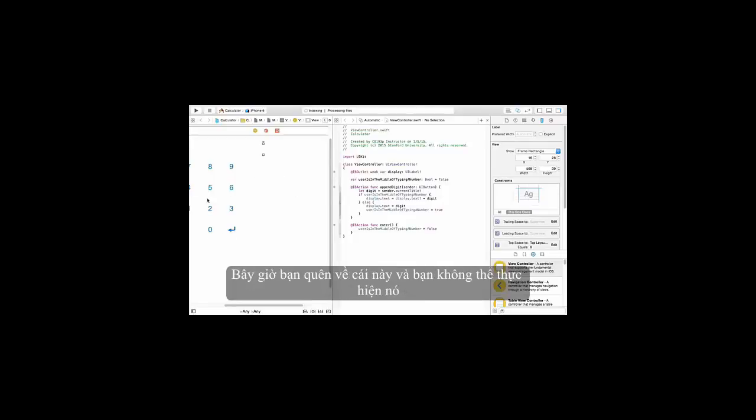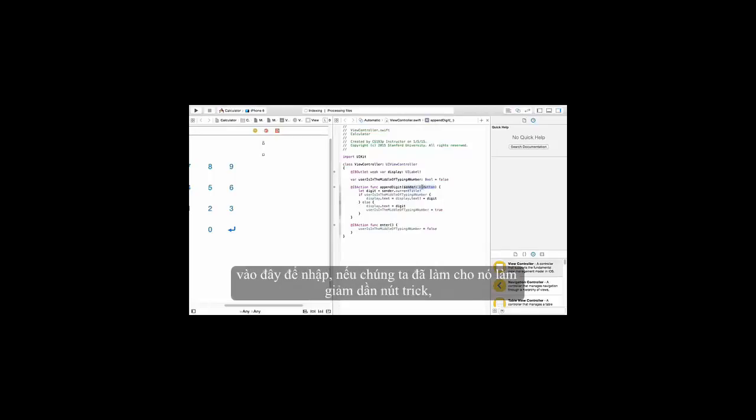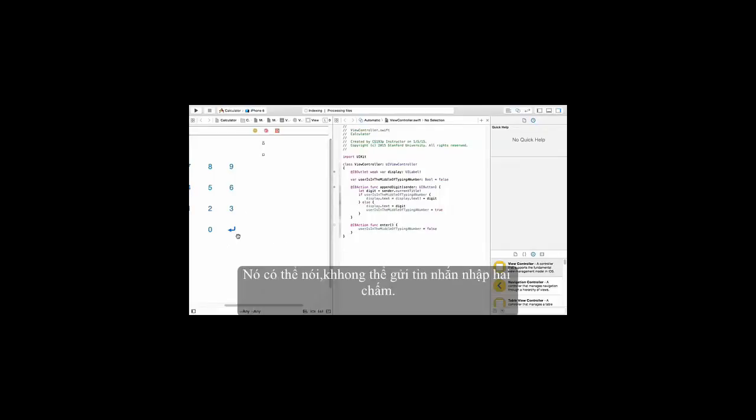Now, if you forget about this and you don't do it, or maybe you have it wired up to something that you changed. For example, if we had accidentally put an argument here to enter, if we had made it do the sending button trick, you can't just say, oh, okay, I'll fix that, I'll just delete that, because that would not work, because enter with an argument is actually a different message than enter with no argument. And so if you just deleted that when you run your program, it would crash and it would say couldn't